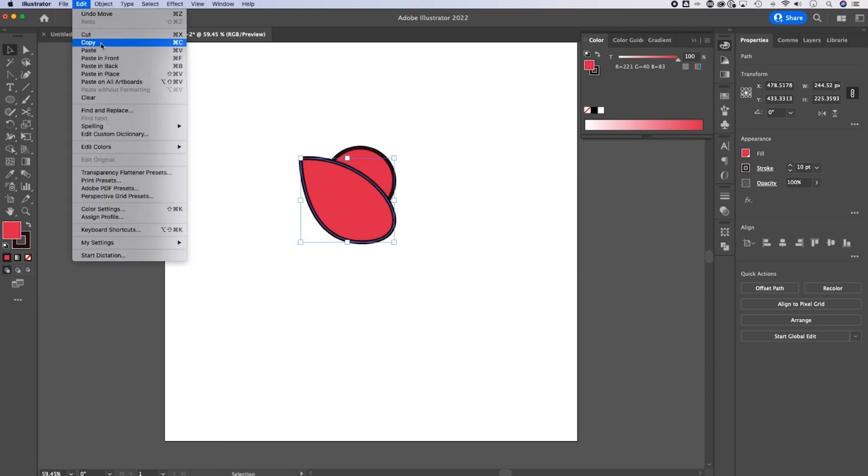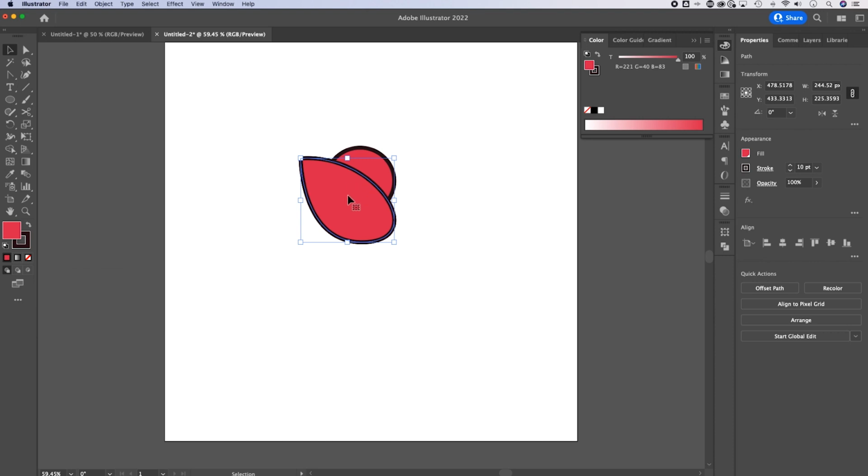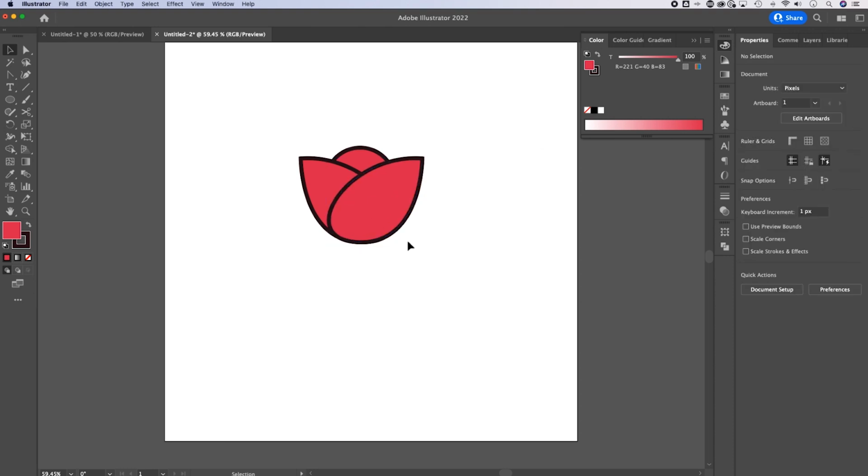So what we can do with this is move it around, and then we can copy up here in Edit, copy, and then we can paste in front, which is Command or Control F, depending on if you're Mac or PC. So we paste in front, now we have a duplicate, right? So this duplicate, we can click on, select, find our properties panel, and there's a little flip horizontal right there. We could bring this guy over here. If we match him up a little bit to cover up the bottom, just like that,